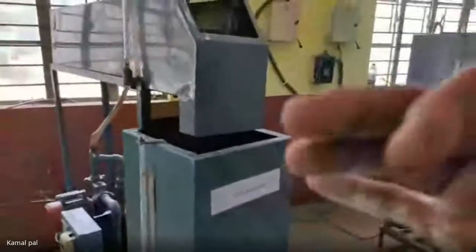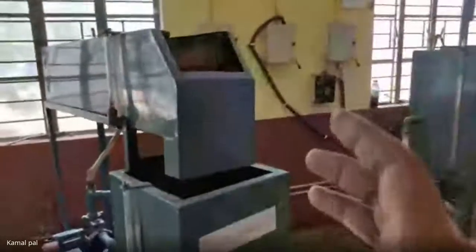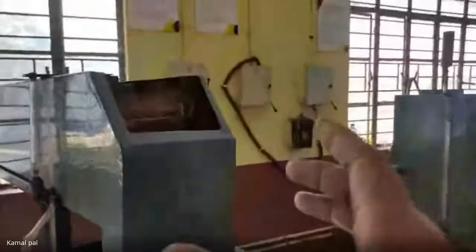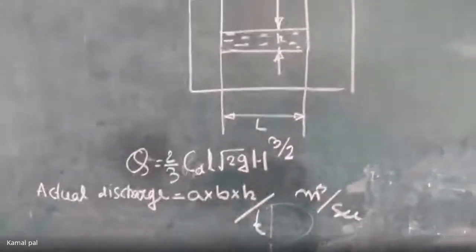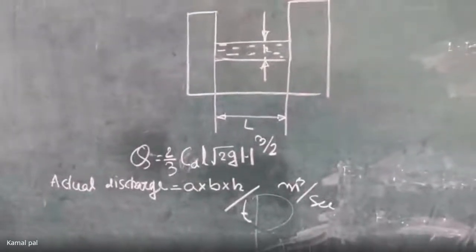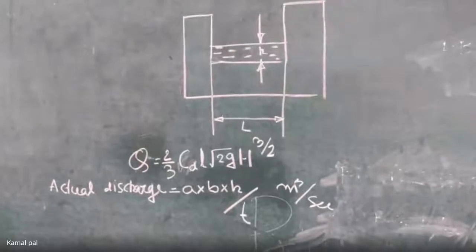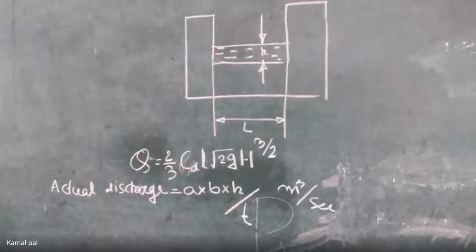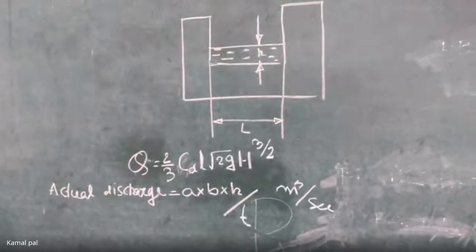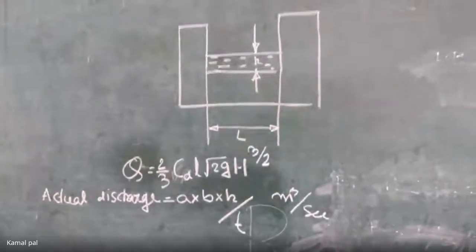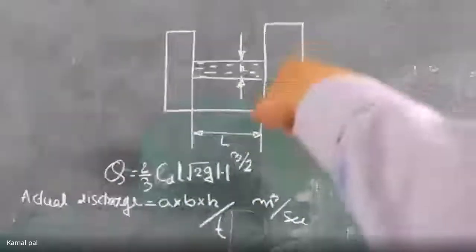Now you know the formula to find the discharge in a rectangular notch: Q equal to 2/3 CD L root over 2g H to the power 3/2. Here a diagram is shown,